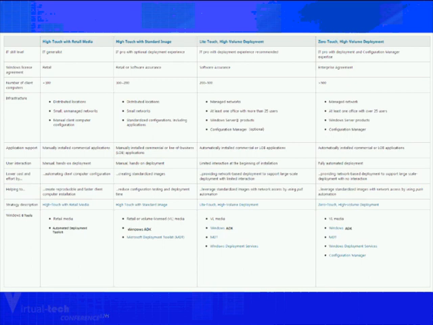Organizations that are using this strategy typically have more than 500 client computers and at least one location with more than 25 users. They have to have a managed network based on Windows Server. So Microsoft Deployment Toolkit is a Microsoft solution accelerator available at no cost for deploying Windows operating systems.